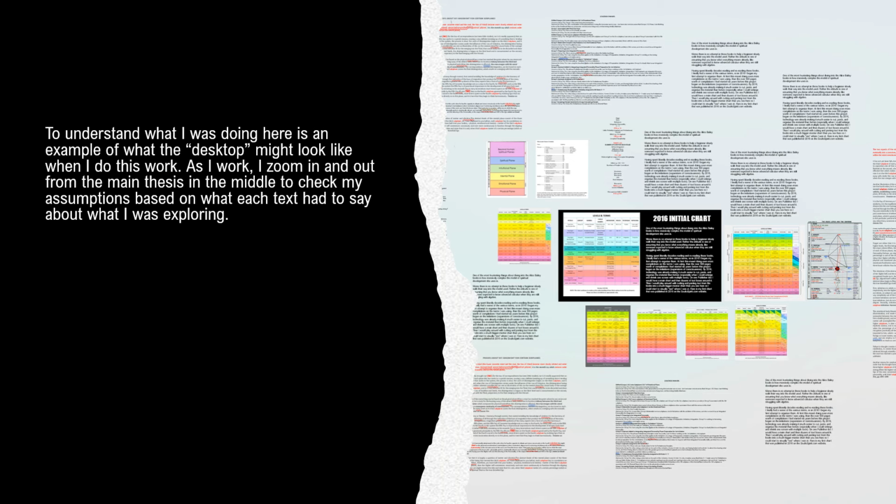To understand what I was doing, here is an example of what the desktop might look like when I do this work. As I work, I zoom in and out from the main thesis in the middle to check my assumptions based on what each text had to say about what I was exploring. So you can see, for example, that if I was working on a slide, I would put that in the middle, or if I was working on a chart, I would put that in the middle, and then I would